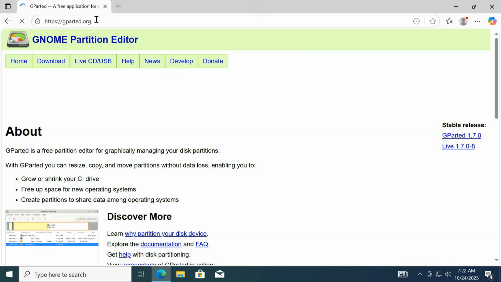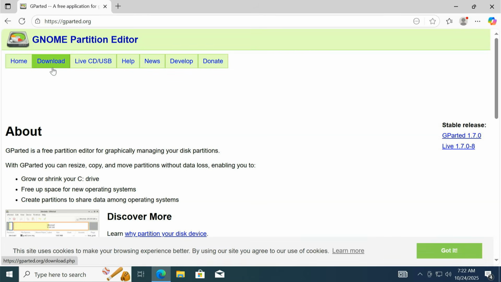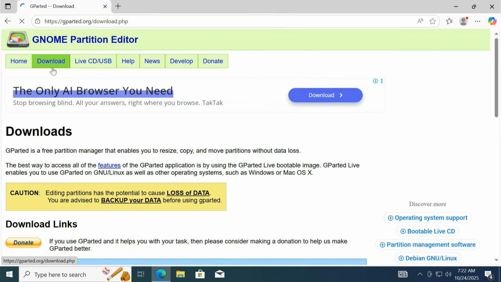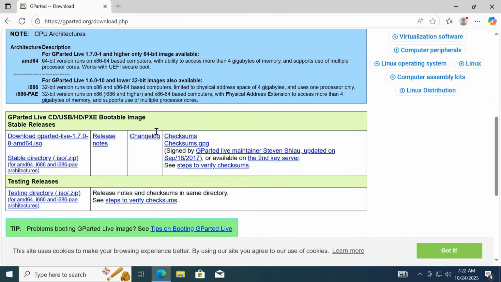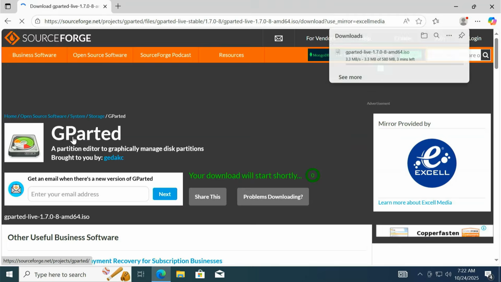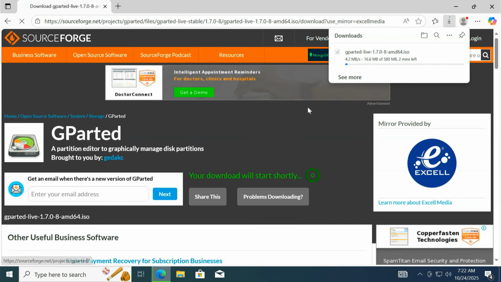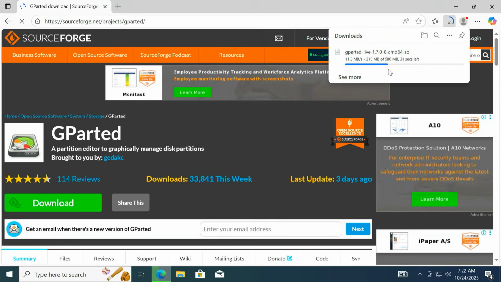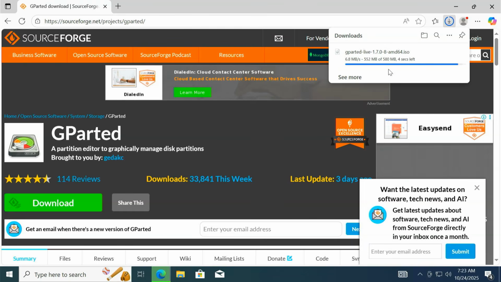Once the page opens, click on the download option at the top. Then scroll down a little and click on Download Gparted Live ISO. It will start downloading a small ISO file. The file is what we use to create a bootable USB drive in the next step.